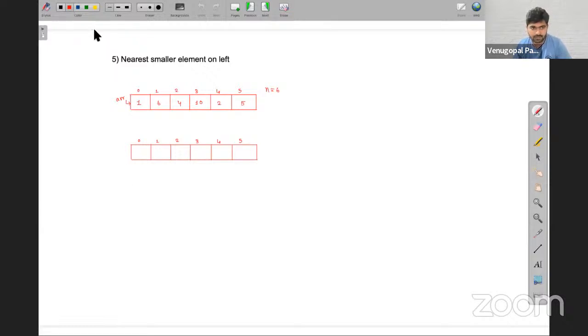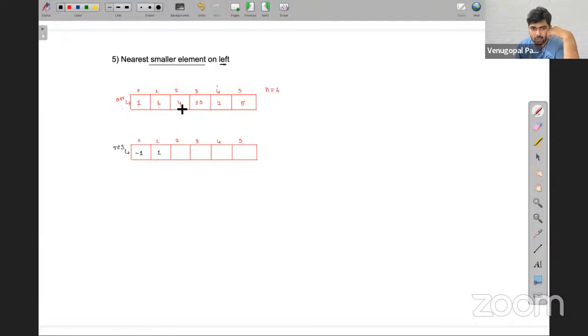Okay, so what does it mean? See here, this is the given input array. Now for every element, check on its left hand side. You need to find a smaller element, and it should be nearest, which means close in terms of distance. For the first element, if I call this the resultant array, there is nothing on its left hand side, so let me take it as -1. Now for the next element, on its left side there is only one element, and that element is smaller, so I'm going to take that element.